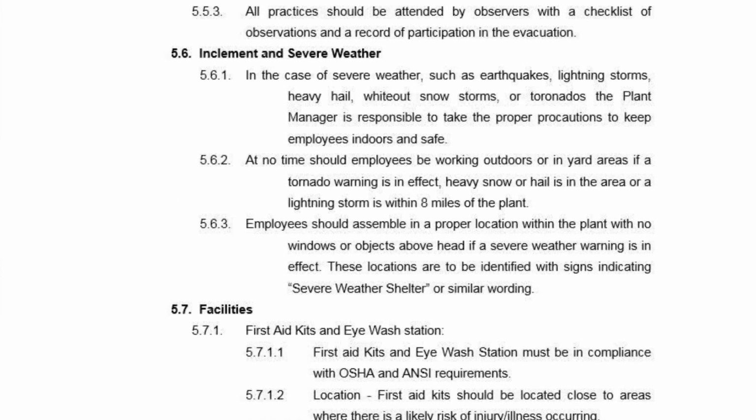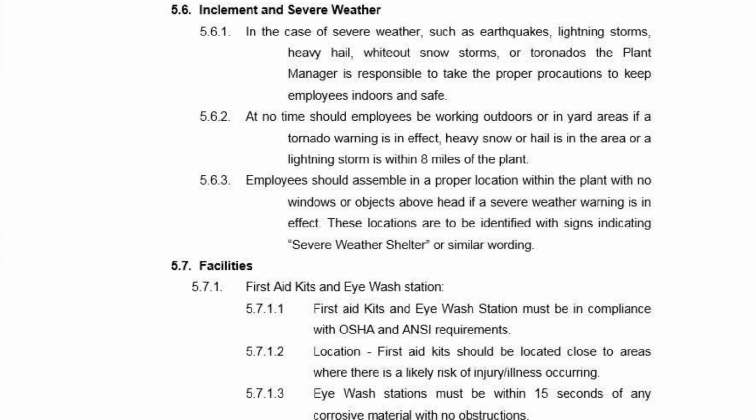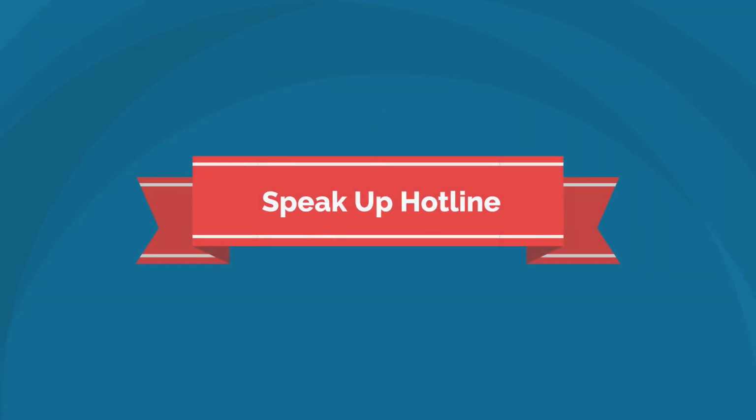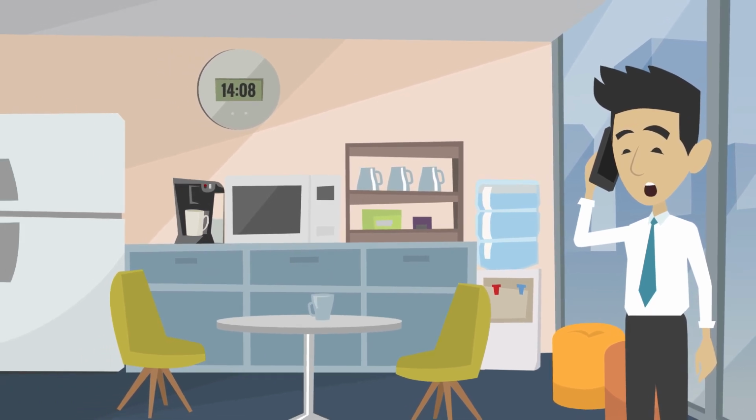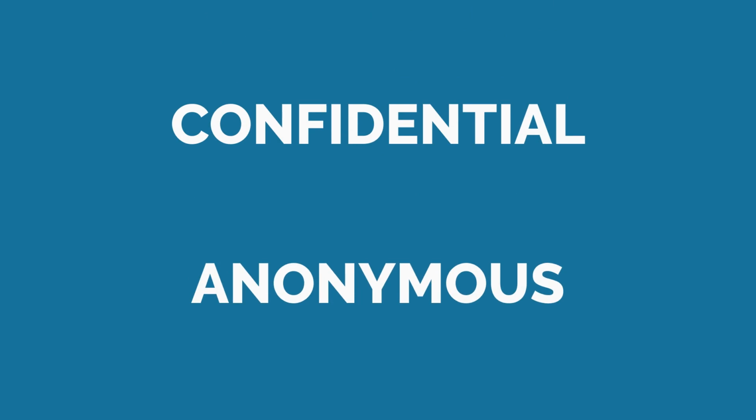If the protocol cannot be followed, the prudent action to take is to get to a safe location and immediately contact 911. Brambles' Speak Up policy encourages employees who have genuine suspicions about wrongdoing or bad practices to speak up. This service is strictly confidential and anonymous, and employees can reach out to report any of the following situations: